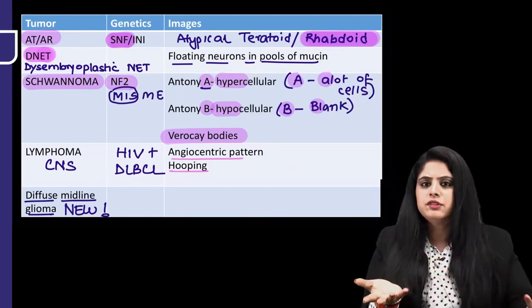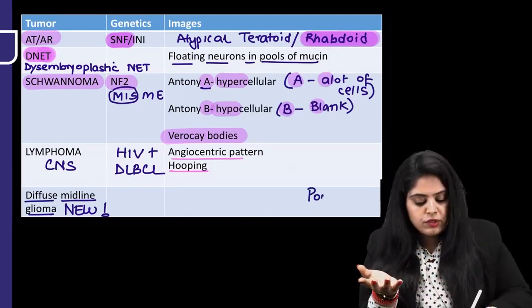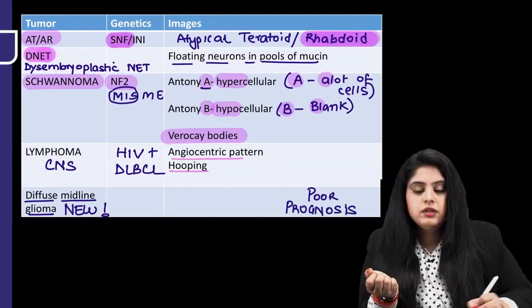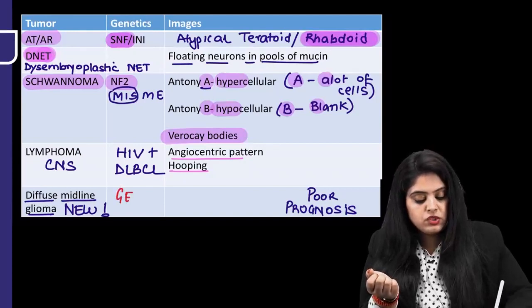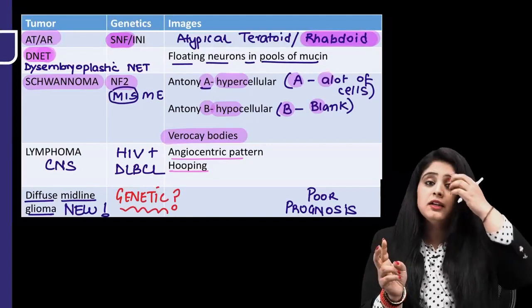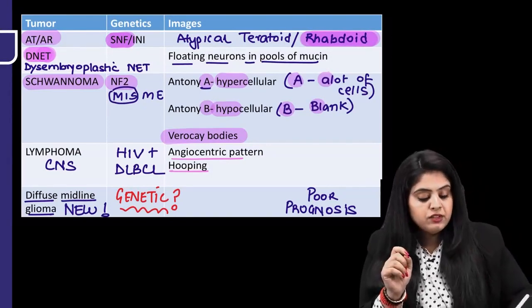If it's spreading around, is it good or bad? Obviously, it is going to have a poor prognosis. And now they ask you, what is the genetic mutation that you have? That is the question of the most expected hot topic, trending topic. So remember, it is